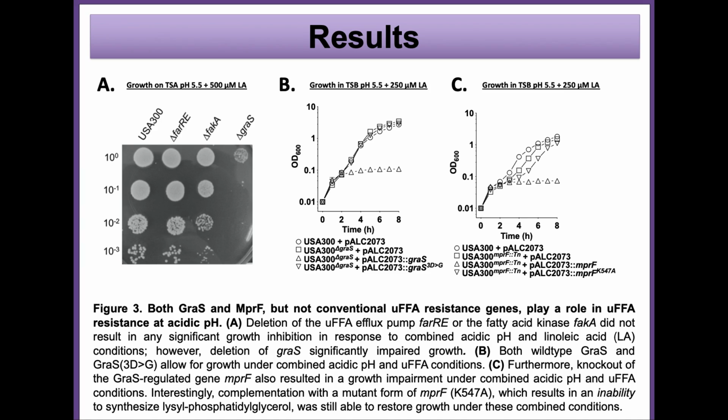For those who are familiar with MprF, this protein produces lysyl-phosphatidylglycerol and then it flips this into the outer membrane. So we've knocked out the ability to synthesize lysyl-phosphatidylglycerol in this mutant, but the flippase function alone, which remains in this mutant, is sufficient to provide this resistance. So this is interesting, as first it demonstrates MprF plays a role in unsaturated free fatty acid resistance, and furthermore, it shows that the flippase function of this protein might have been understudied, as it clearly has a role here.